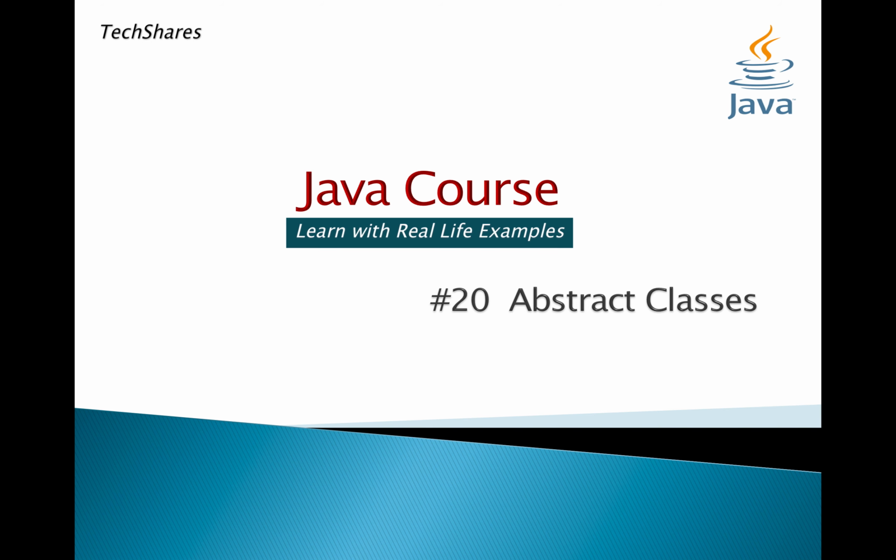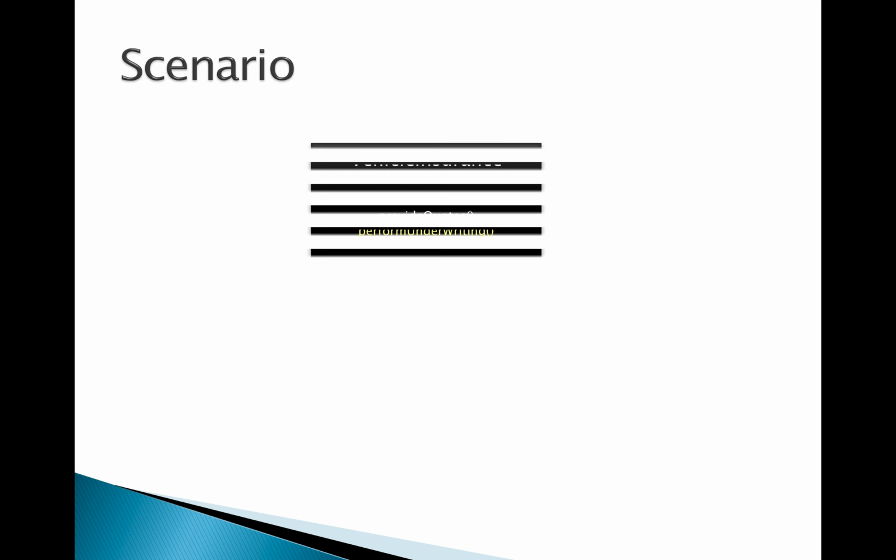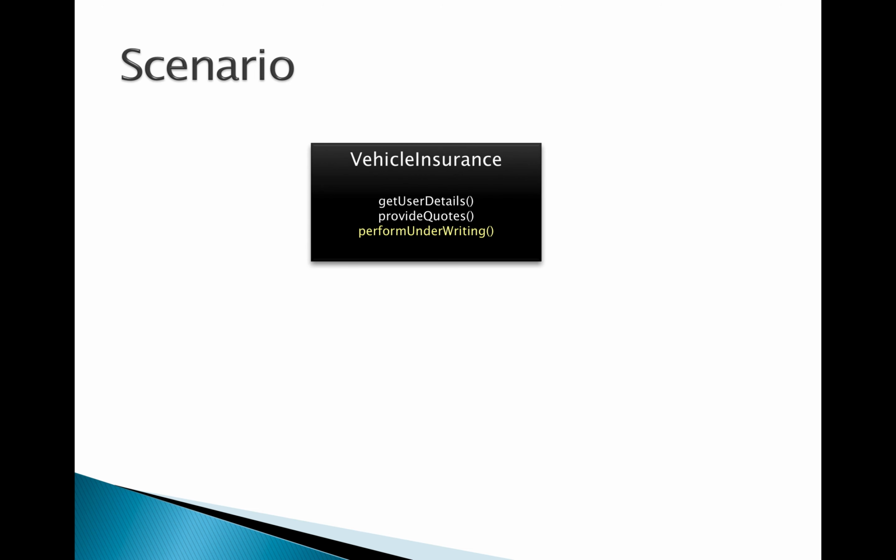This session is on abstract classes. Let's take a scenario. We all get vehicle insurance. We approach different providers like Geico, Allstate, and many other companies and get a vehicle insurance quote. So basically there are three methods. One is we supply the input details like our personal details, and then we get some quotes